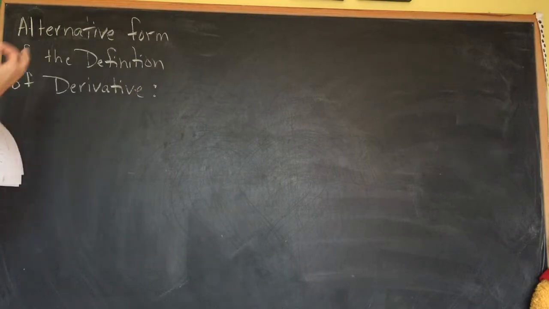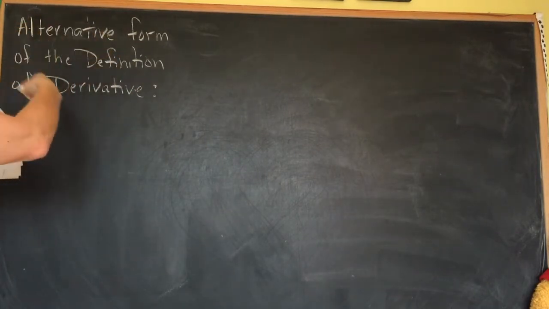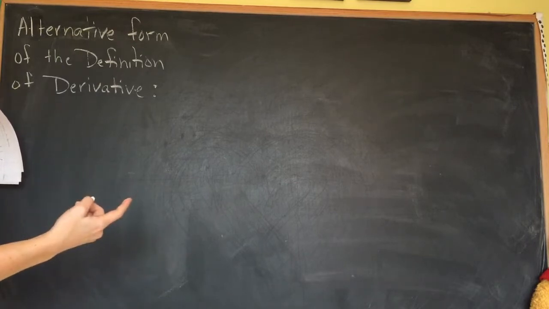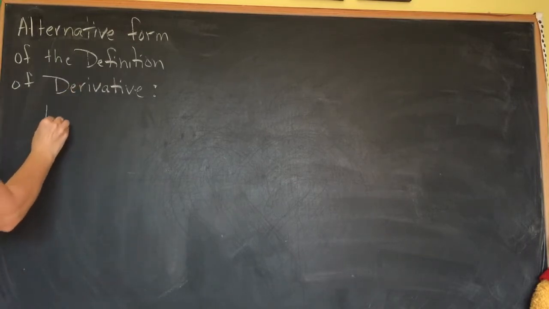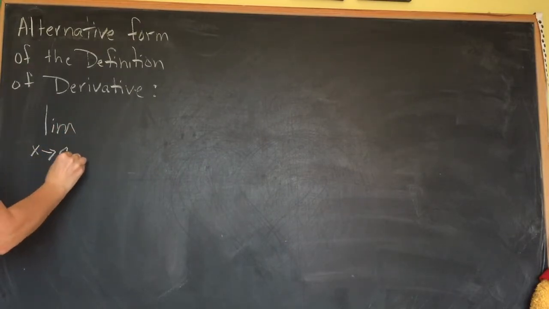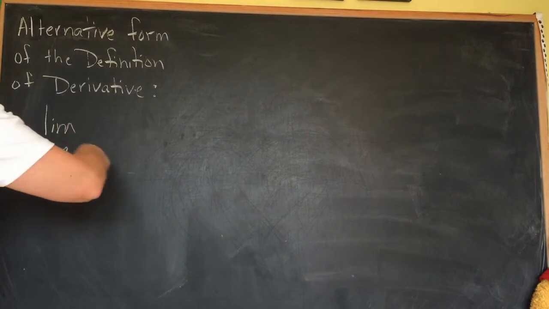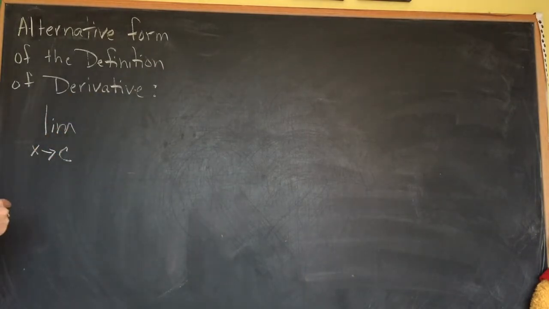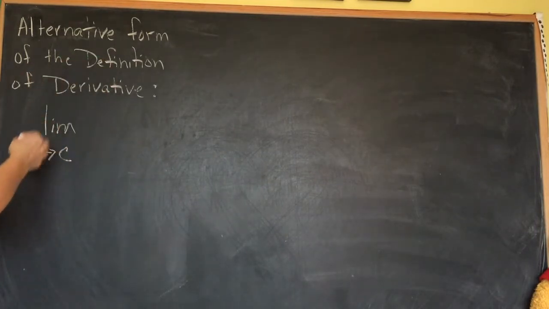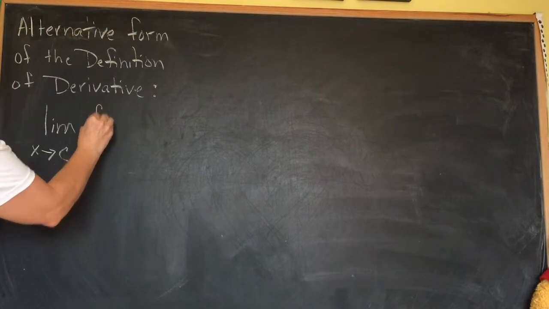And actually, this is just a fancy way of asking to find the derivative, but you have already done it in this chapter. So here's our definition. It's the limit as x approaches some number. We did those average rate of change problems before spring break. That's all you did. You just didn't realize what you were actually finding. So I want the limit, but now I'm going to have